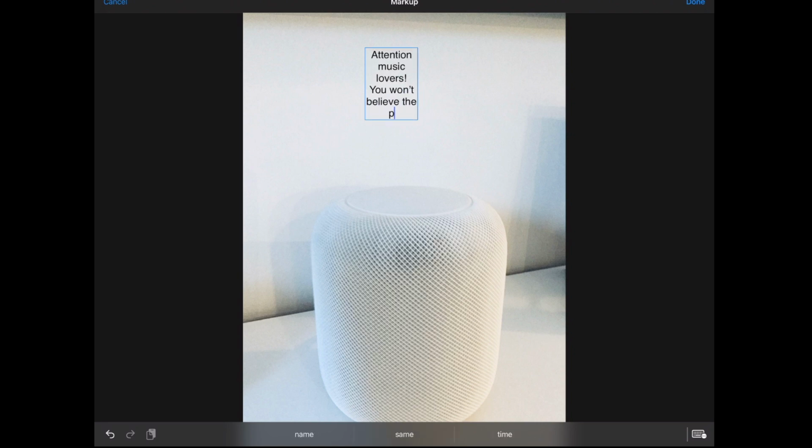What I thought that people would really know about or connect with is music. Okay, so people know about music, and they maybe know what a HomePod is, but I'm going to say you won't believe the privacy that this HomePod will provide. All right, and